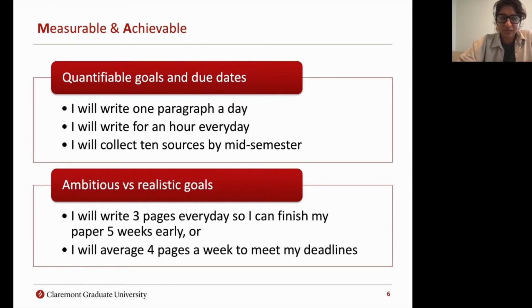So this is really about making sure that every component of your goal setting you can quantify in a certain way. If you have an argumentative paper or semester paper due in 15 weeks, then understanding what you need to accomplish in a certain amount of weeks, how many pages you need to accomplish, how many sources you need, all of these things you can quantify as much as possible are going to help you determine what goals you can list down and what's properly achievable for you.